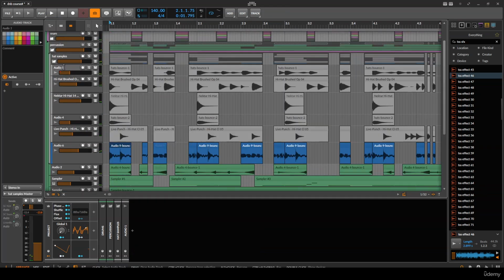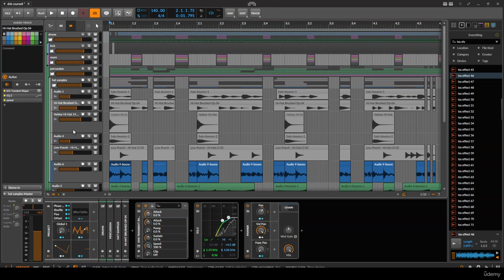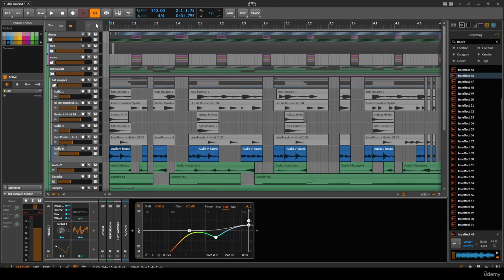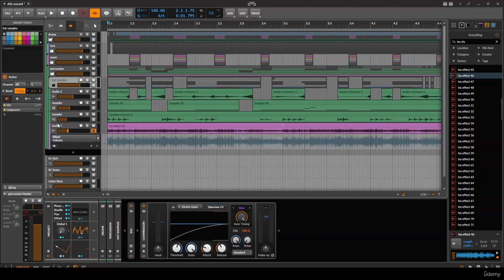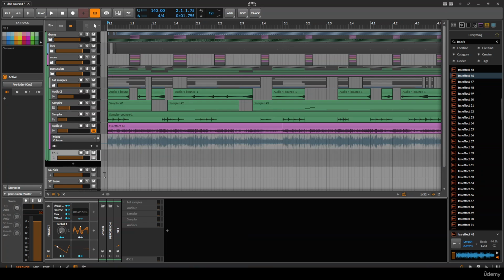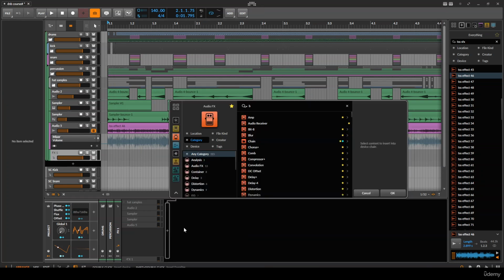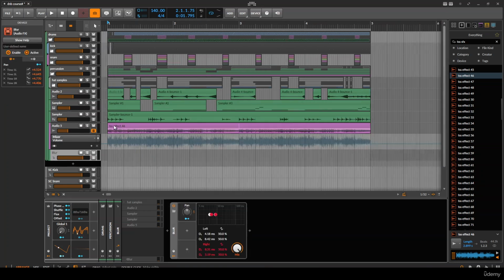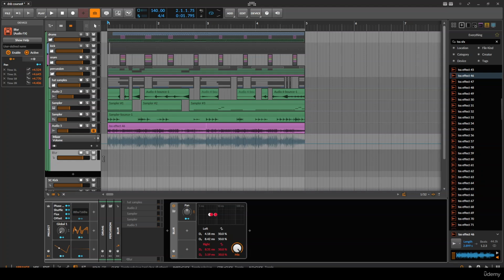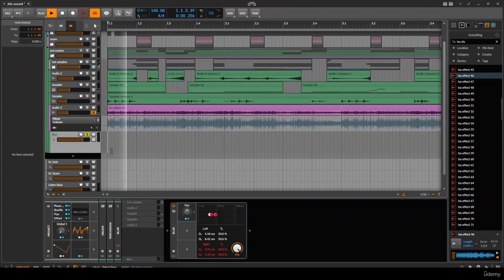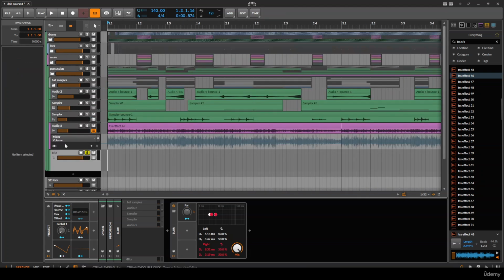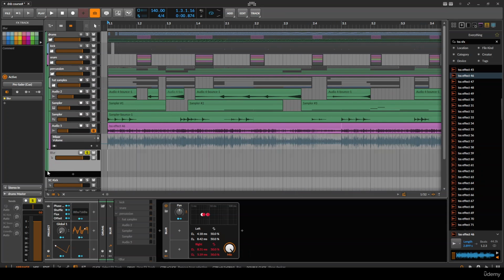Then maybe I want to add just a little bit of room to this, or just to glue it all together, like we did with the snare layers. Just get a simple blur in here and have something that reacts to all the drums at once. So we can just, first of all, no, this should be in the drum group, not in the hi-hat